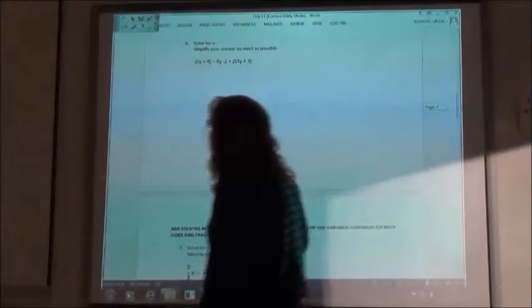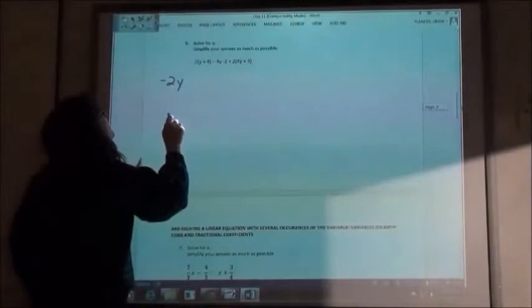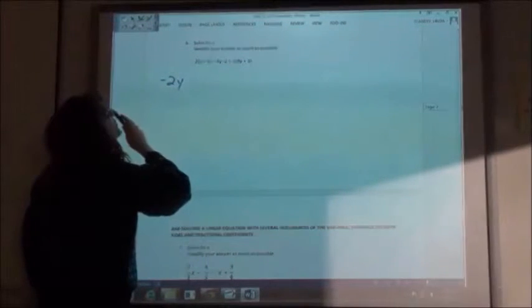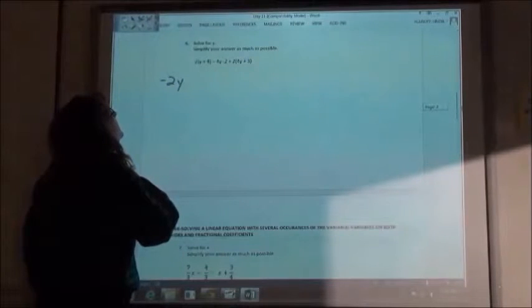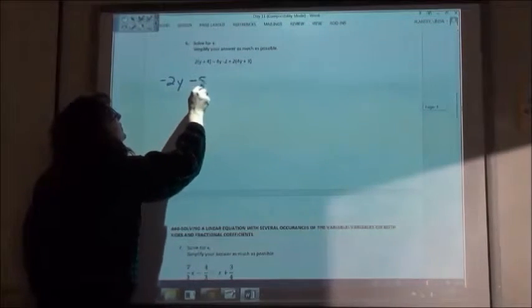So number 6, if we are simplifying that one, on the left side, if we do our distributive property, negative 2y plus 8. What's your sign? What's it going to be, negative? It is, because I have a negative times a positive. Okay, negative 8